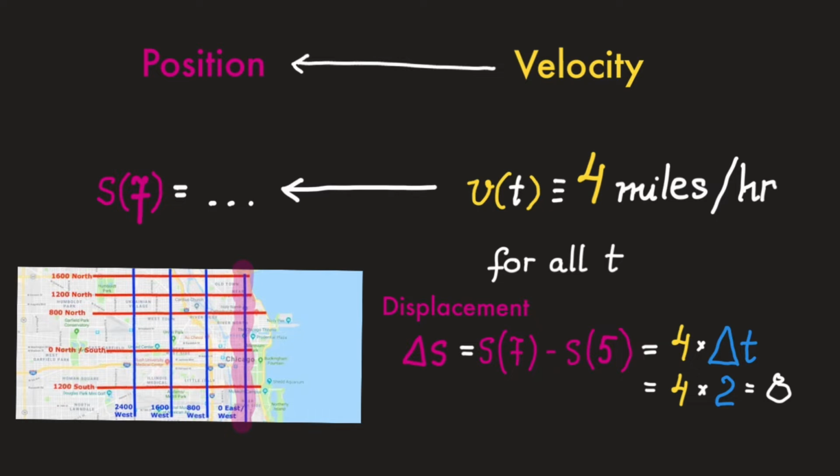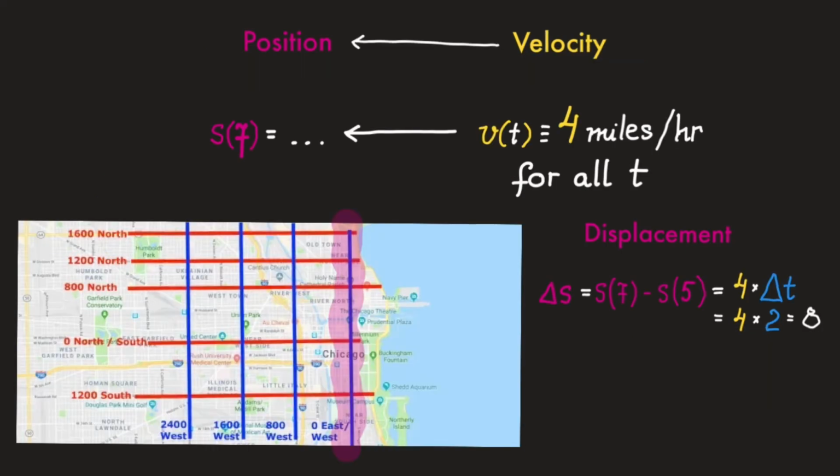So you know that if you started running from 5, then by 7 you would have traveled 8 miles. But that does not tell you your location because you don't know where you started. You don't know where you were at 5